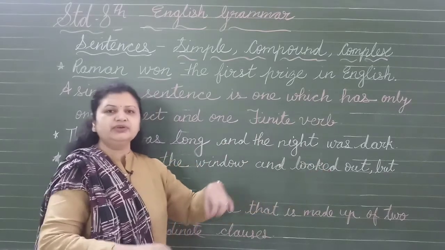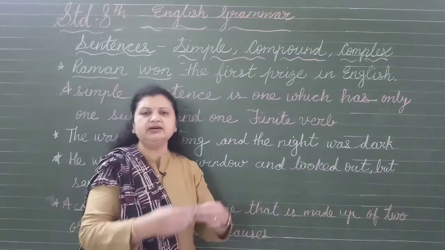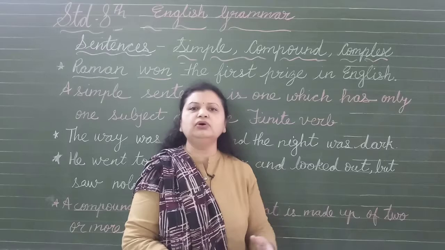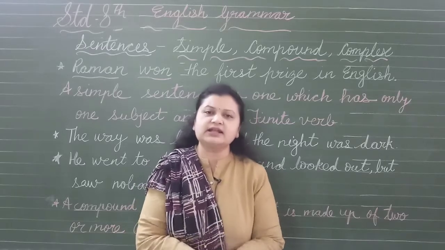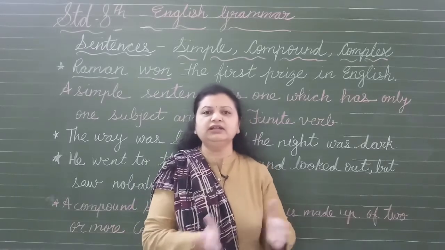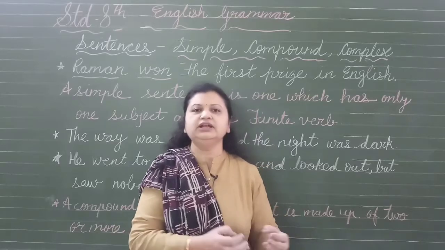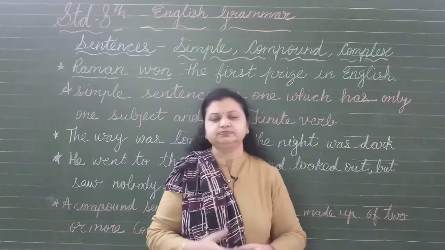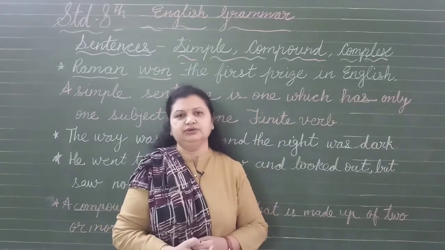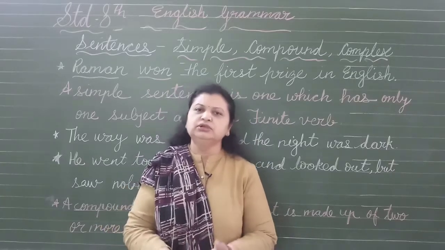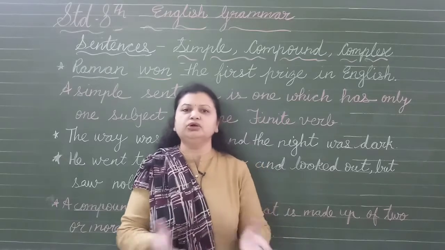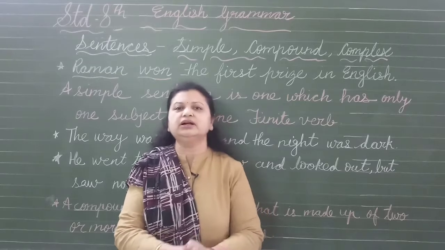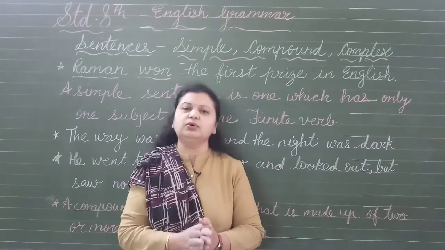So when one sentence has two sentences and they both can stand alone without any support or requirement, that is called a coordinate clause. It is called a coordinate clause because there are two subjects and two verbs and both the sentences are different, but they are in one sentence by joining the conjunction. So that is called a coordinate clause.